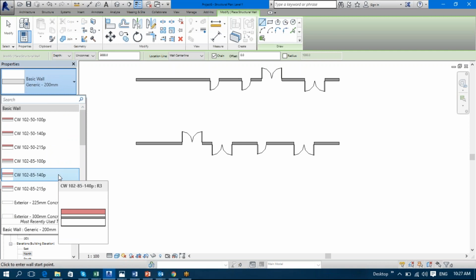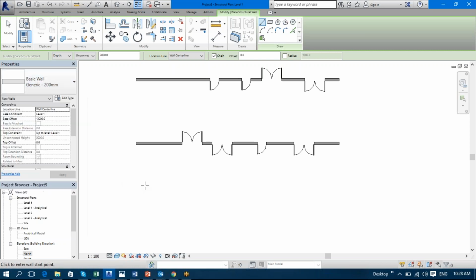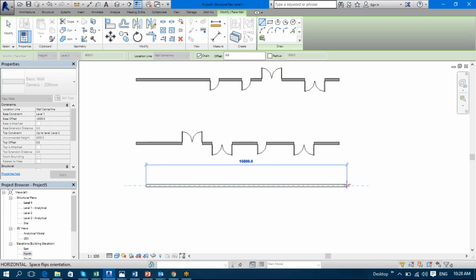Now, what's the difference between an architectural wall and a structural wall? In a structural wall, you can create area reinforcements by default. Like if I select a wall architectural WA and I select this wall A,